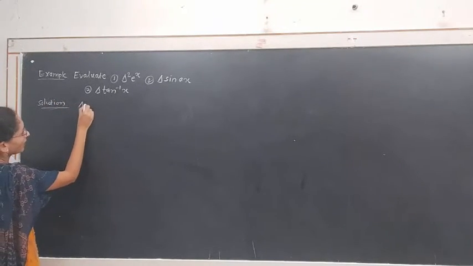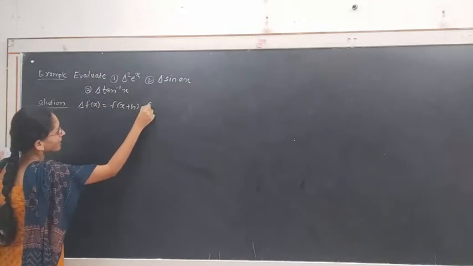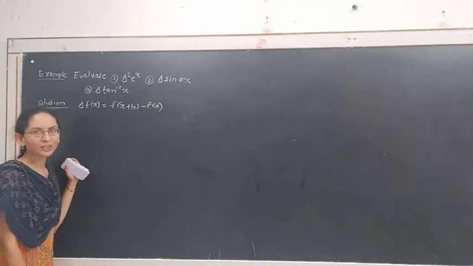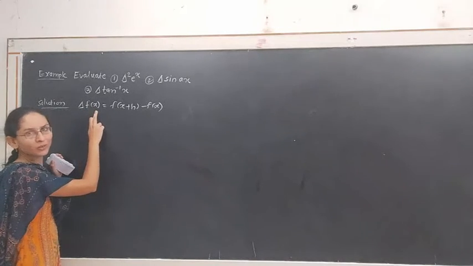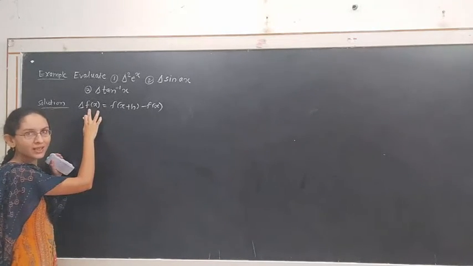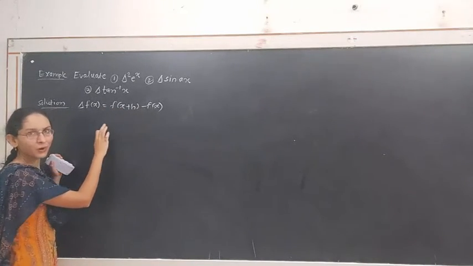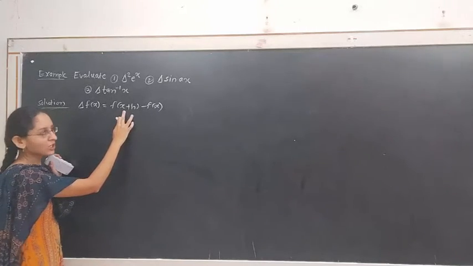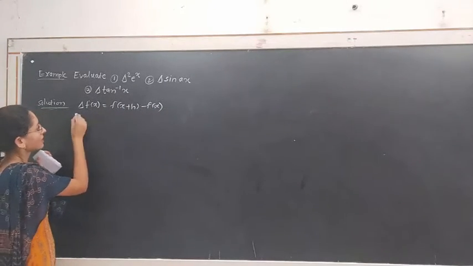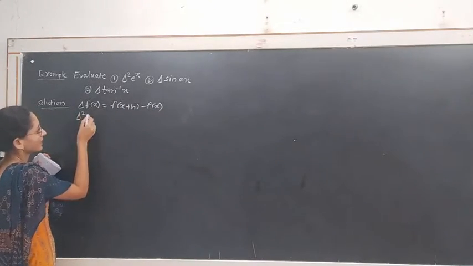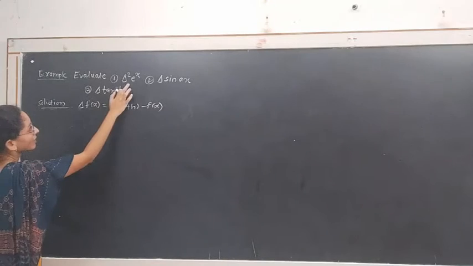We know this formula, del f of x equal to f of x plus h minus f of x, the value of the function f at the point next to x. We are evaluating the first order forward difference for the function f of x. Hence, it is equal to the value of f at the next point of x, which is equally spaced from the previous point x, that is x plus h, minus the value of the function at the point x. Similarly, we know del square f of x is del of del f of x. Initially, we find del f of x.